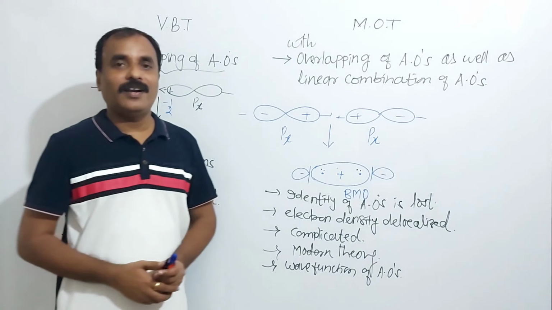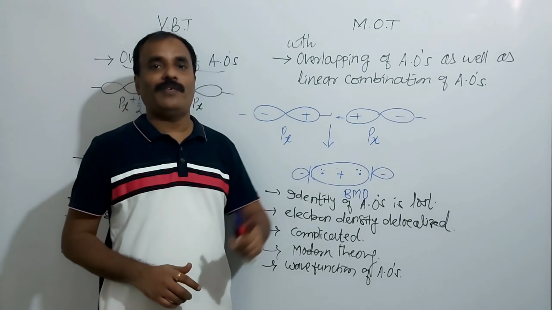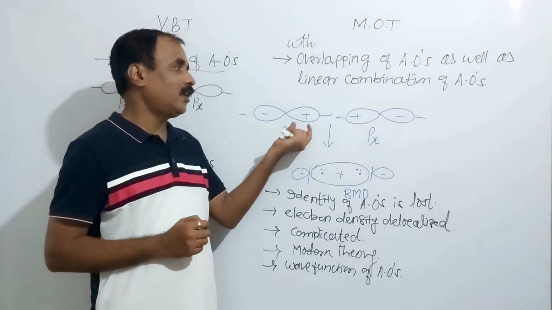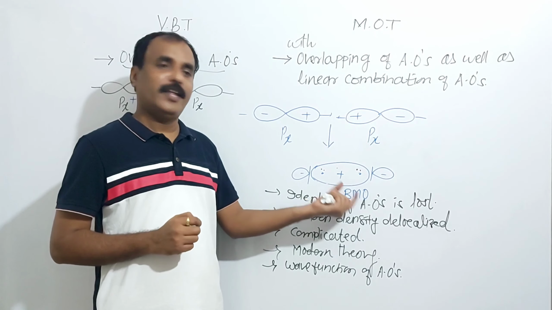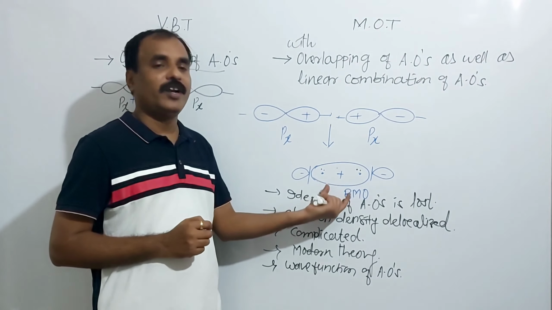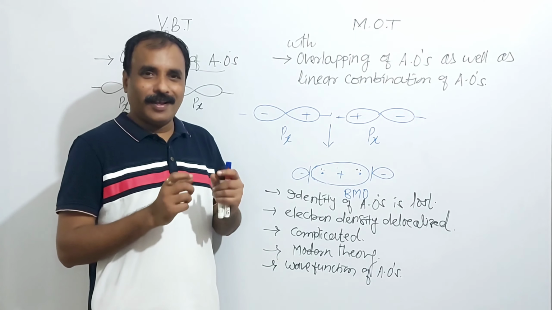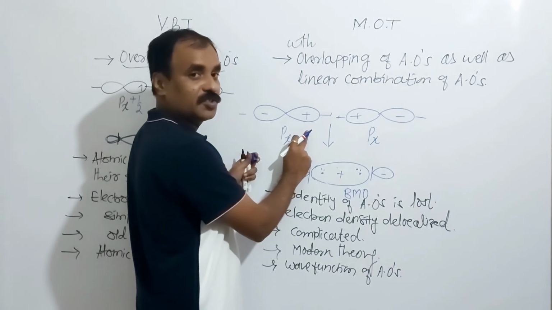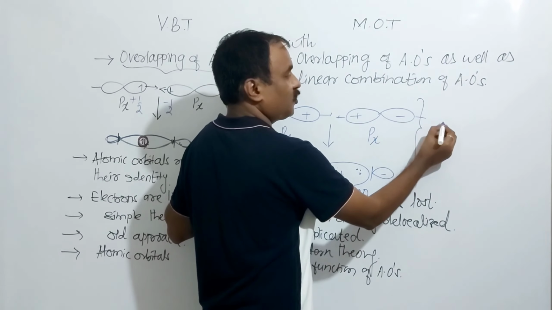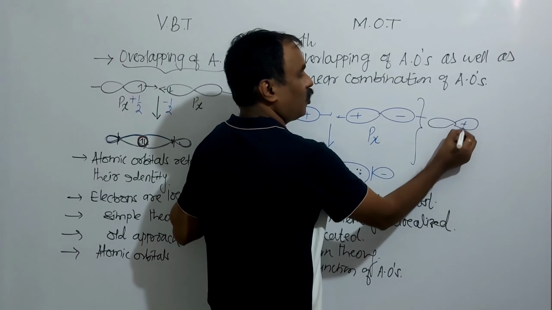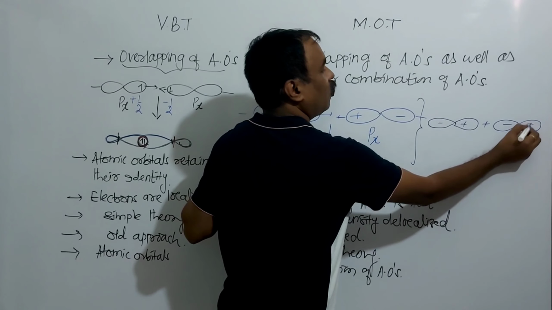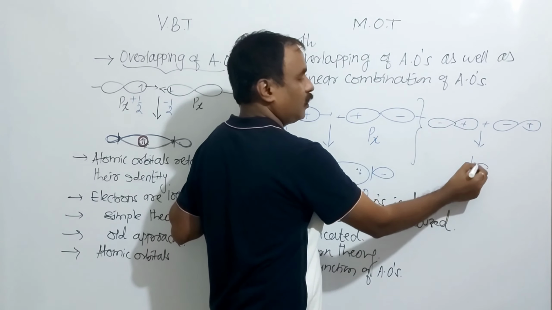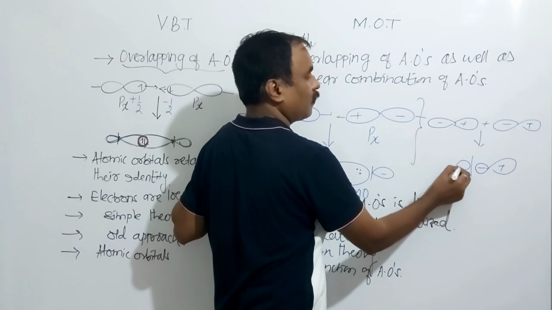But in case of molecular orbital theory, with overlapping, there is a linear combination of atomic orbitals. Like this, this is wave function of one atom, this is wave function of another atom. Overlapping and linear combination of these atomic orbitals, formation of a bonding molecular orbital. Simultaneously, note it down, there is a formation of anti-bonding molecular orbital. Here it is a wave, same sign. In another case, it could be like this, here it is positive, negative. Here it is negative, positive. Positive wave function, negative, there is a repulsion, and a formation of anti-bonding molecular orbital.